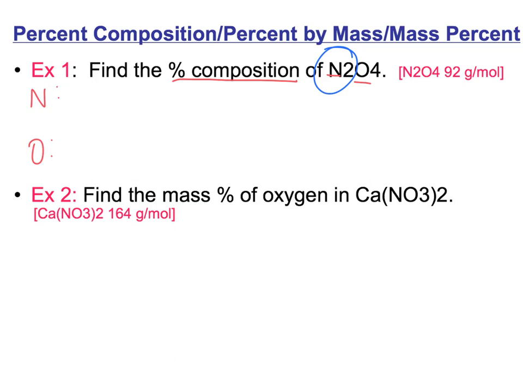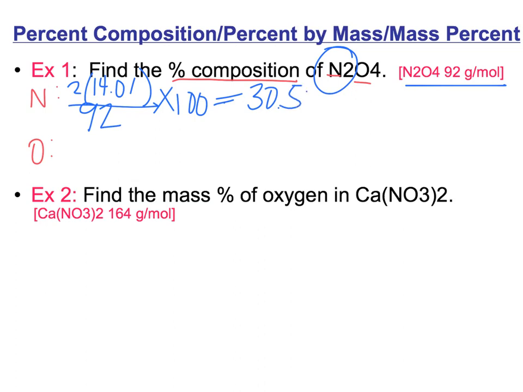And what you can do is say, well, I have 2 nitrogen atoms, 2 times the mass of a single nitrogen, which you can find on the periodic table, divided by the mass of the entire compound. Well, lucky for you, I already gave that to you, but you guys now know how to find it. So we're going to take 2 times the mass of 1 nitrogen, divide it by 92, multiply it by 100,